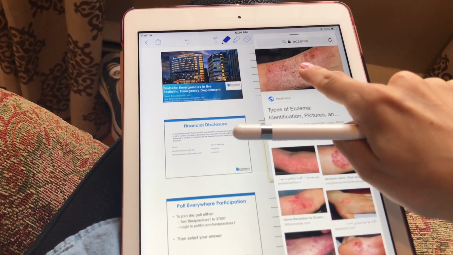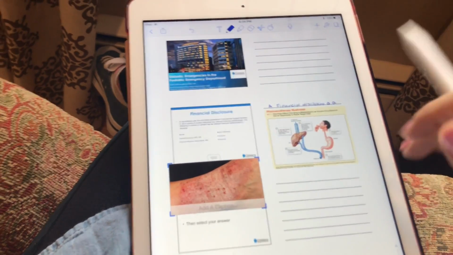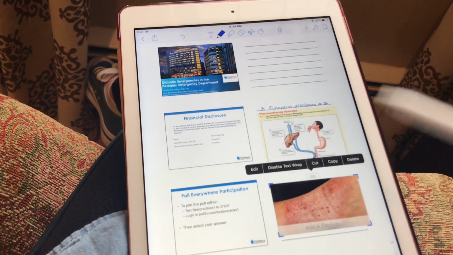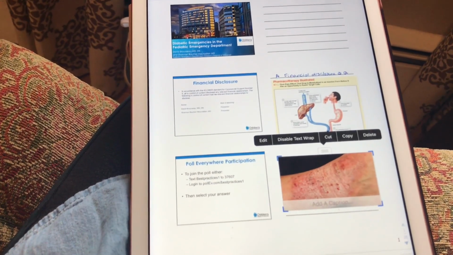I'm gonna click and hold it and just drag it right in. So perfect. Now I'm done with this. I swipe it away and now I have a picture of eczema to go with my slides. And this would be really good for like different